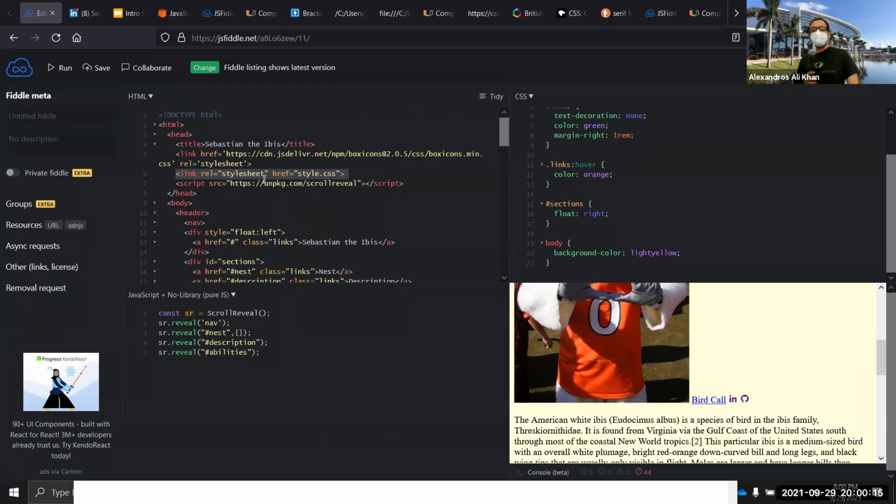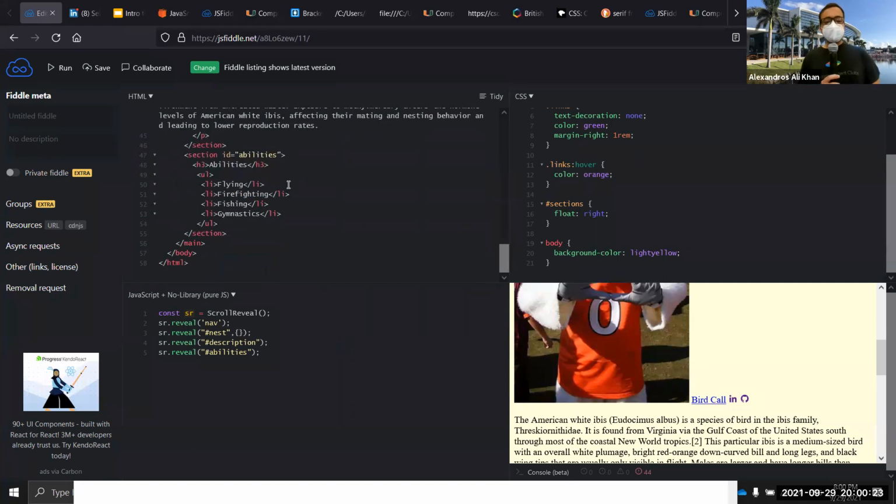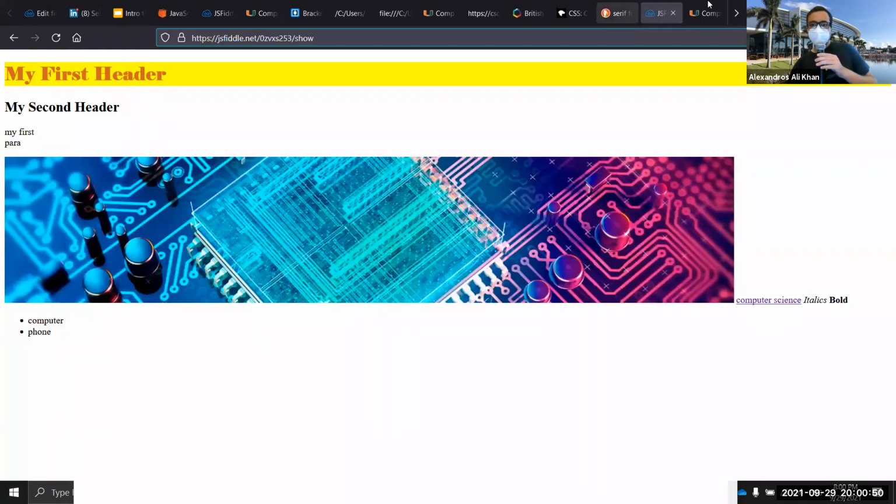And then also there's another script called ScrollReveal. You can actually just install this in your server or refer to it through the ether. And then we make a new object, ScrollReveal, provided to us. I name it sr. And it's a constant, it's not going to change. So that's why we give it a constant variable. And then when you type this method sr.reveal and you type in whatever ID or tag you want, once we go to the website,